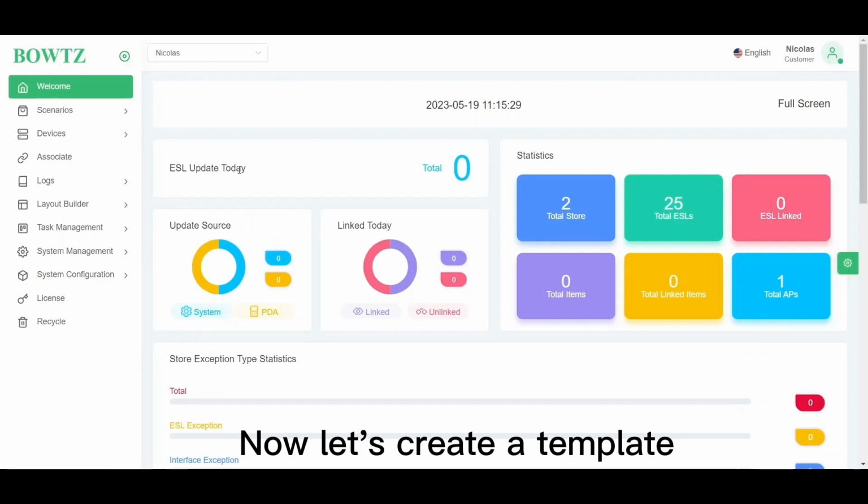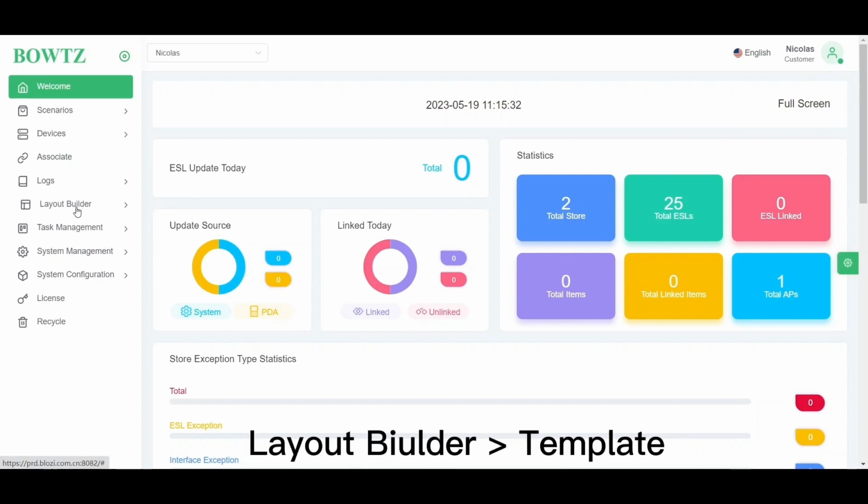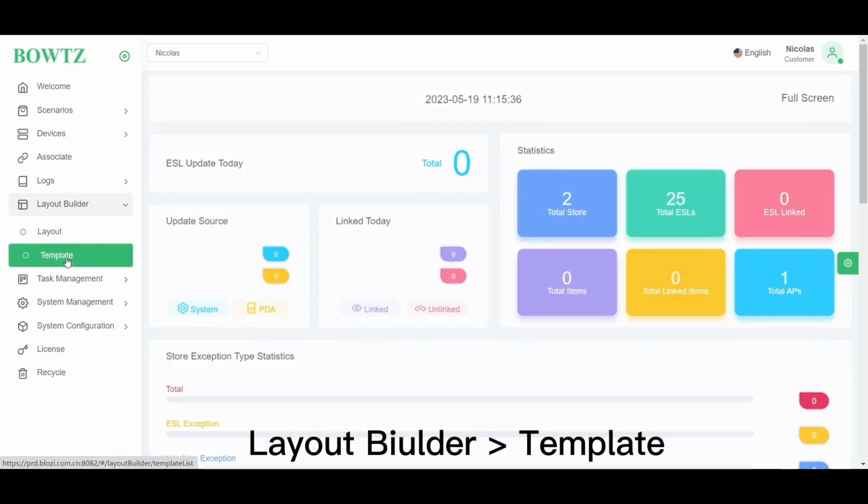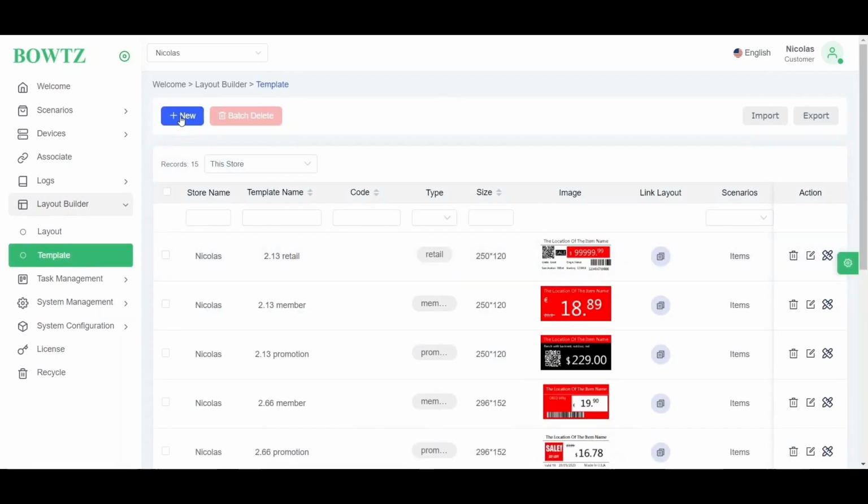In this session, we will learn how to create a template. Go to Layout Builder, Template, Add New,